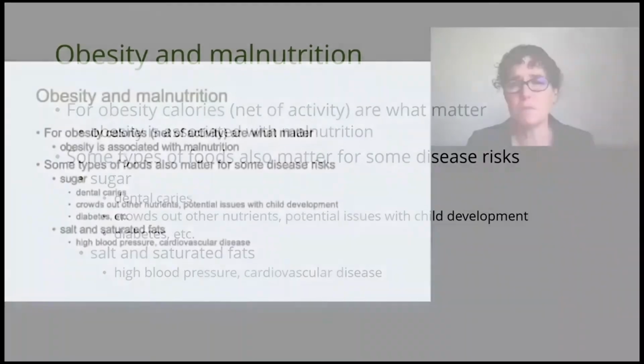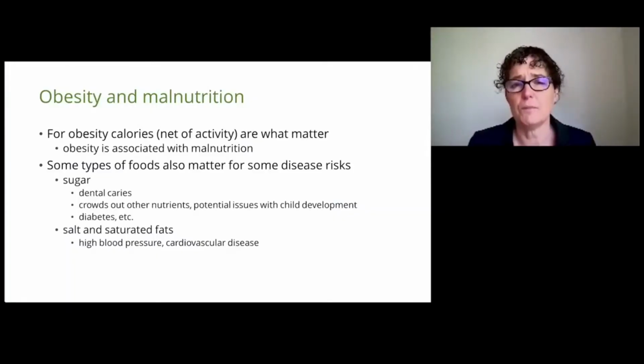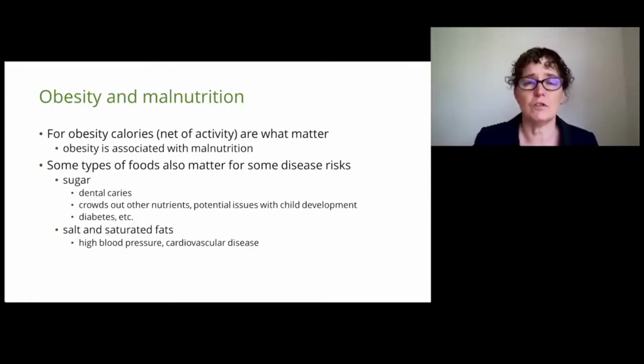However, excess consumption of some types of food are also associated with some particular types of risk factors, probably causally so, though there's limited evidence in some areas. So for example, high consumption of foods that have a lot of free sugars, so that is sugars that don't occur naturally but that are added, can cause insulin resistance, which can cause diabetes. High consumption of salt can harden your arteries, leading to high blood pressure and cardiovascular disease. There are more direct links. For example, high consumption of sugar leads to dental disease, which has been growing quite rapidly amongst children in the UK.